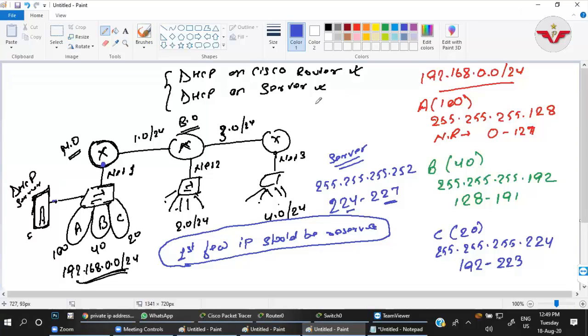If I need 62 IPs, for example, the range will be 1 to 62, with 0 to 63 for the subnet and the valid hosts 1 to 62.